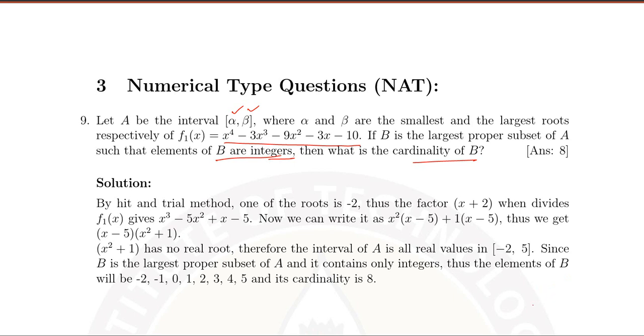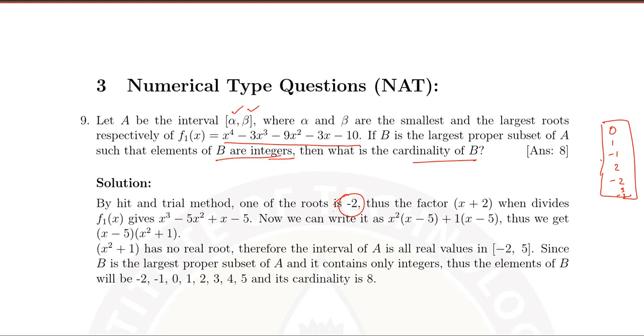So when we have a higher degree, we always go with the hit and trial method to find one of its roots, and then we do a synthetic division method to find the other roots. By inspection, it is found that one of its roots is -2. You can try the values 0, 1, -1, 2, -2; this elementary data becomes very essential to find the initial roots. Also you can go with 3 and -3 if needed.